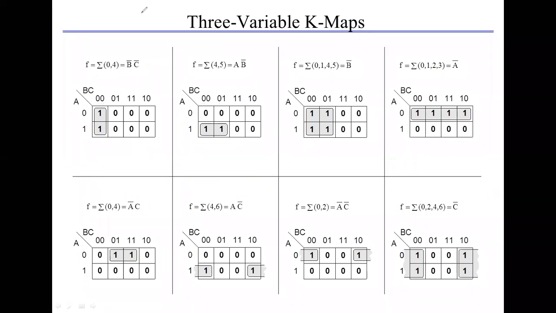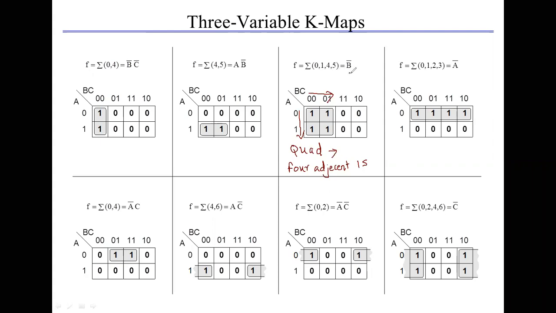Now let us see the Karnaugh map with four adjacent ones. The four adjacent ones are called a quad in Karnaugh map. Since the total number of adjacent ones is four, these are called a quad. A quad is defined as four adjacent ones. So now here we have to again see the x direction and y direction for this function. The function is given as the sum of minterms 0, 1, 4 and 5.